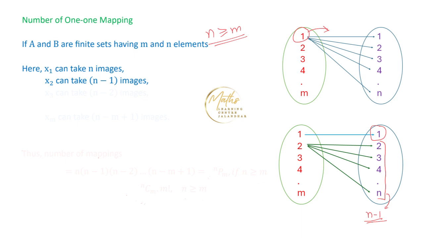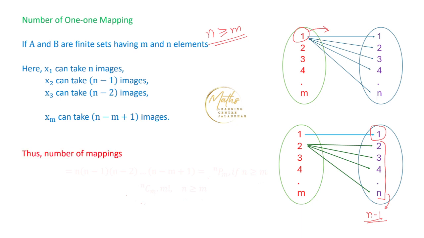So continuing in this way, x3 can be mapped to n minus 2 images, because if the second element is mapped to one of the elements, then we are left with n minus 2 elements in the set B. Likewise, if we continue, xm can be mapped to n minus m plus 1 images, and the total number of images we obtain by the multiplication theorem is n into n minus 1 into n minus 2, so on up to n minus m plus 1. And this value comes out to be equal to